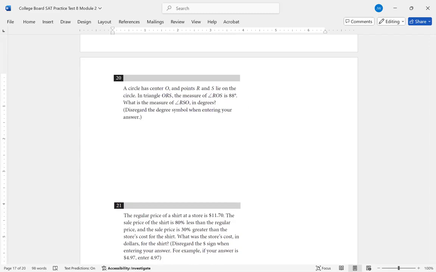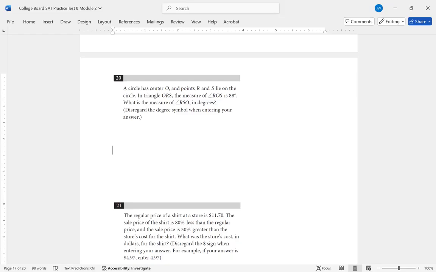Question 20. A circle has center O and points R and S lie on the circle. In triangle ORS, the measure of angle ROS is 88 degrees. What is the measure of angle RSO in degrees? Disregard the degree symbol when entering your answer. So,